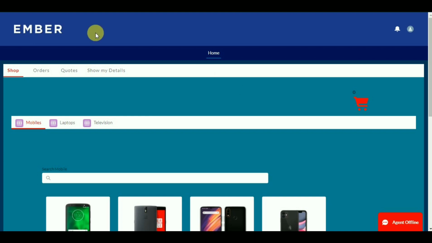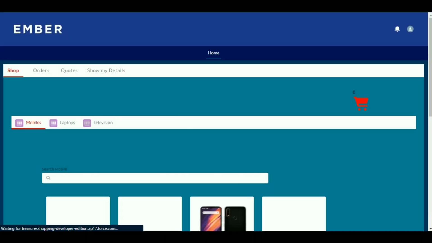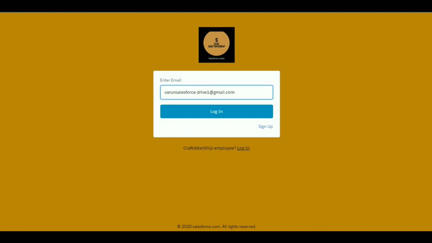Now it's okay, I have logged in with my email, but I want to log in with an ID number. For every user there should be an ID card number or something like that. Based on that ID number, I should be able to log into my community. In order to do that, we'll create a custom field in user and make sure that the field is unique.